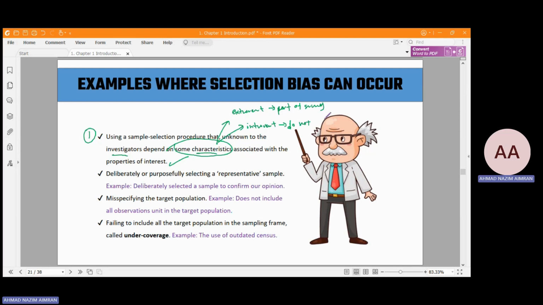So what happened is, if let's say you only get extroverts to become the sample of your survey by using maybe a convenience sampling technique, then what you will get out of here is an overestimate